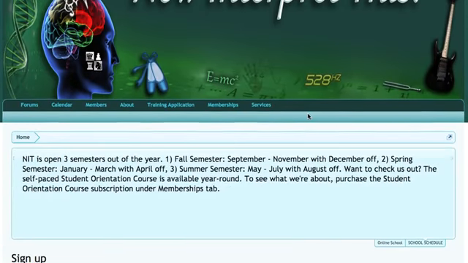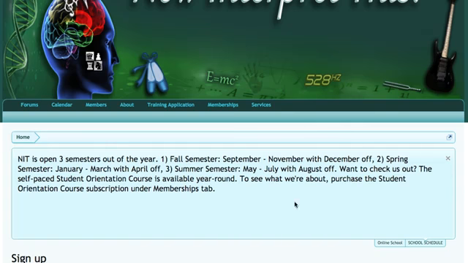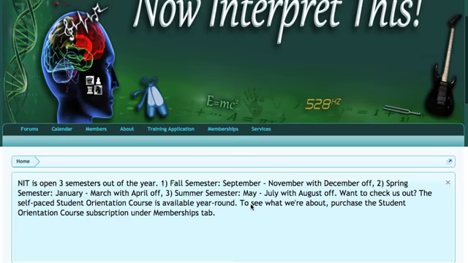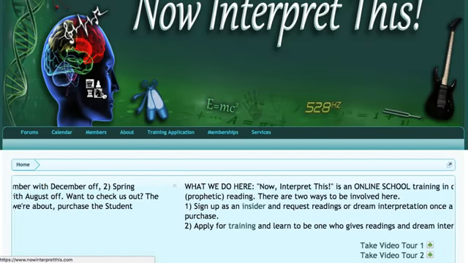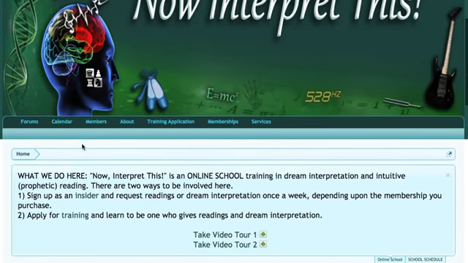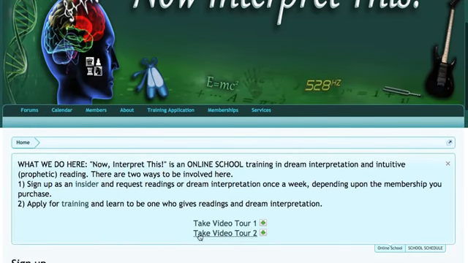All right, now you'll see that the sign in or log in is not up here, and we are logged in. So what you're going to see first is the banner that explains the way the school is laid out and our schedule for the school, right? Now, this is your navigation bar. Forums is the main page, and you're going to want to stay on the main page. Let me show you. This other banner has video tours and how to sign in and how to get into the site, just like this video. So you're going to want to go through those as well if you have any questions. So you'll want to remember that banner.